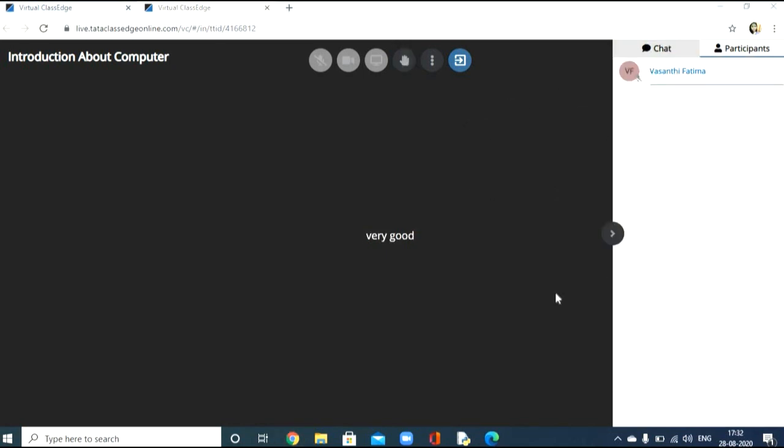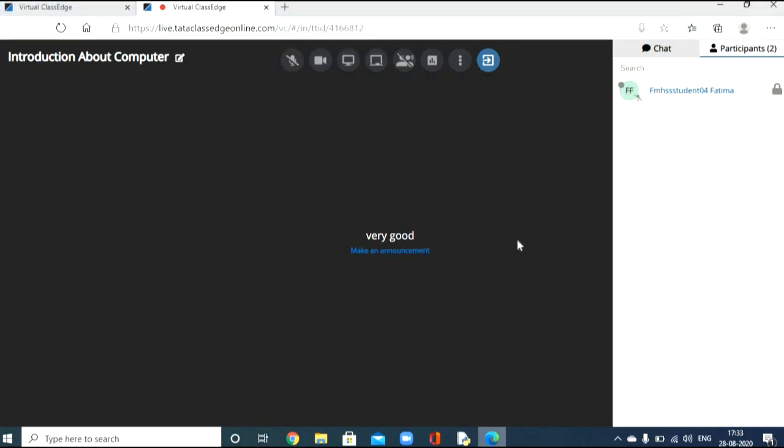This is the student window. Now I am going to open the teacher's window. This is the teacher window. Here it shows your name. So this is the indication icon. If you are using a laptop, it will show a circle symbol. If you are using a mobile phone, it will show a rectangle icon. If you are doing some other work or opening some other tab, it will be in deactivate mode. If you are active, it shows the green color.